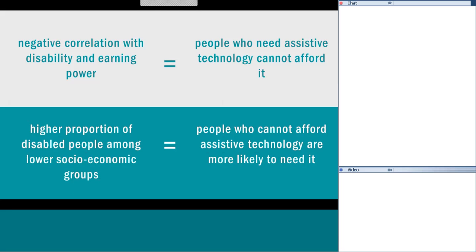And there is a negative correlation with people who have a disability and the amount of money that they earn. So if you have a disability, you're more likely to have less money. And you're also more likely to need assistive technology. But you're also more likely not to be able to afford it. So basically, it's a double whammy against you.